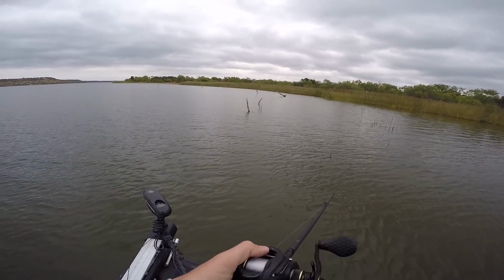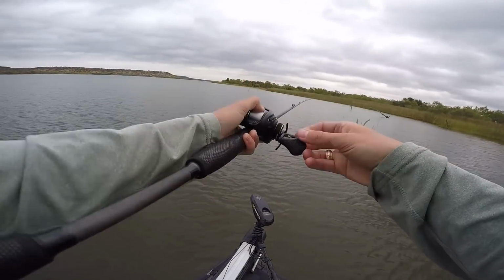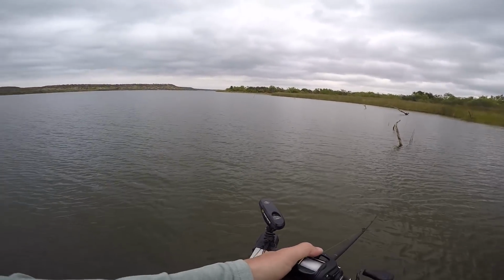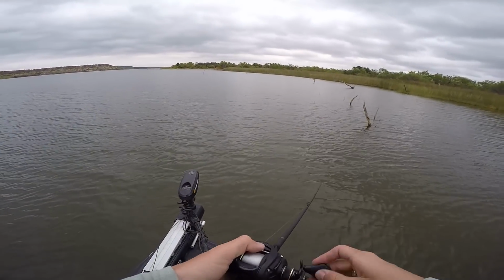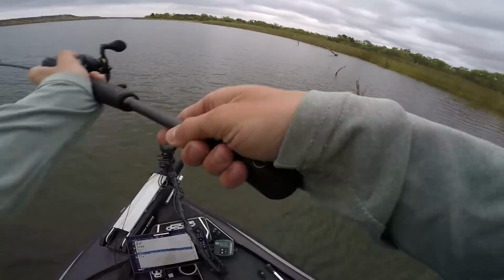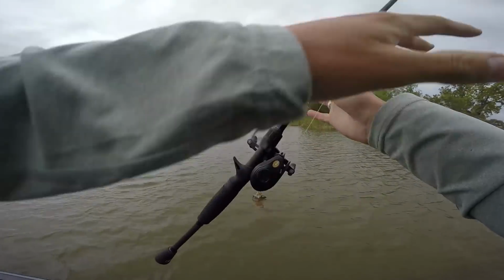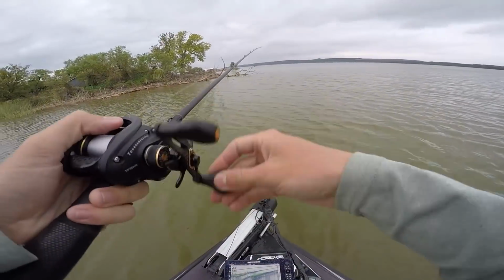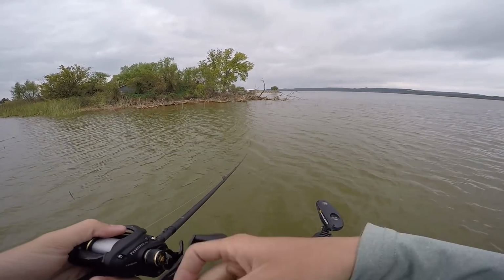Now, of course, the standard fall thing is the fish move to the back of the pockets. I have yet to try that yet because the first fish that I caught was on a main lake swing. So the fish didn't exactly follow the rules today. We've got like the perfect conditions for fish to bite. Prefrontal. We got a cold front blowing in as we speak. These fish should be absolutely munching, and yet they're...